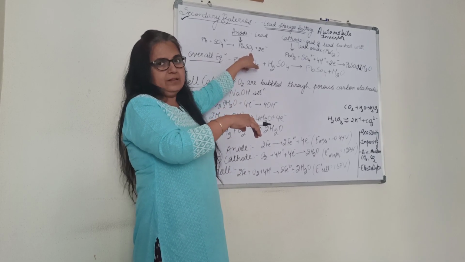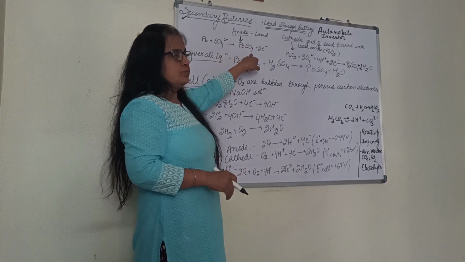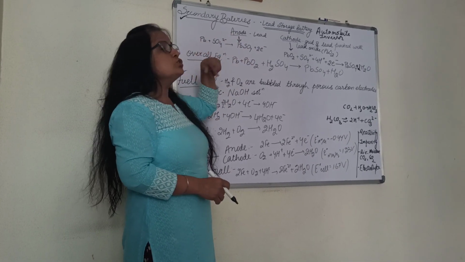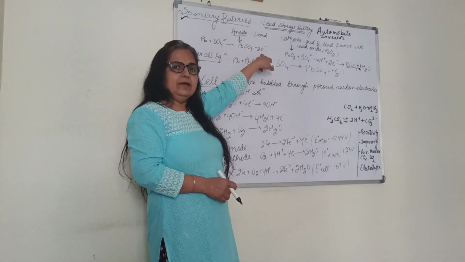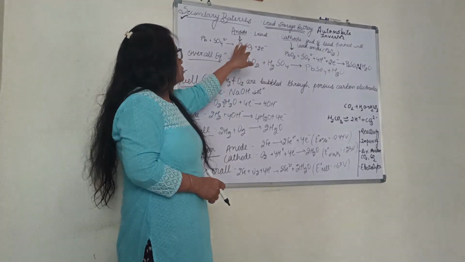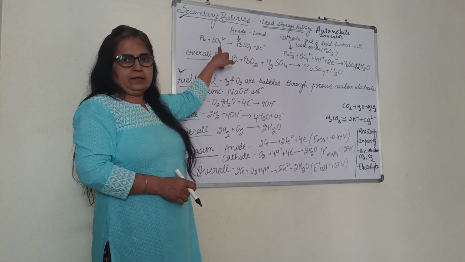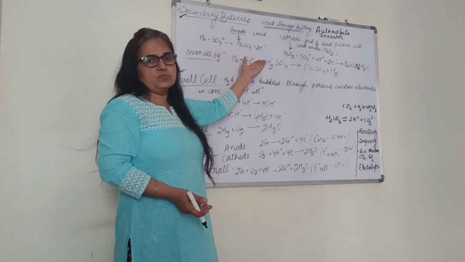Acid is also there, that is sulfuric acid. So Pb forms PbSO4. Before that, keep in mind this is the anode. Anode means loss of electron, so you will write 2 electrons on the right hand side. 2 negative charges have come here, which means 2 sulfate, and then to compensate we will get PbSO4.